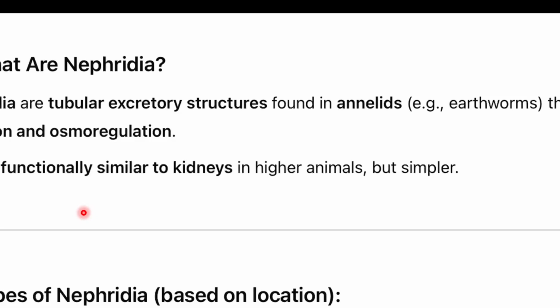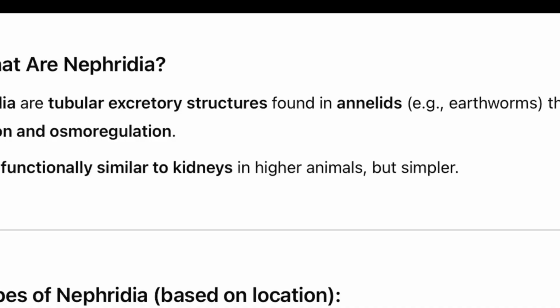In annelids, there are different types of nephridia based on location. Septal nephridia are attached to the intersegmental septa between the segments, and most commonly open into the intestine. Integumentary nephridia are scattered in the body wall and excrete directly outside the body of the organism, and pharyngeal nephridia in anterior segments help remove waste near the head. So these are different types of nephridia based on their location in the organism.